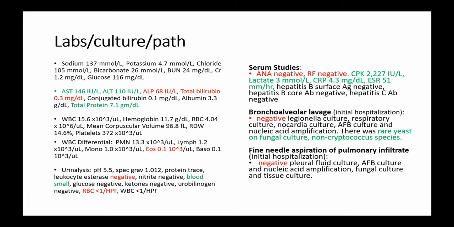Going through her labs, her chemistry is unremarkable. Creatinine 1.2, that may be a little elevated for an older female. I'd want to know some previous, but otherwise pretty unremarkable. I see her AST and ALT are slightly elevated. So does she have a little liver injury, transaminitis potentially? Because her alk phos is normal, I would say this could be a hepatocellular type injury. Her bilirubin's normal, and from what I can tell here, her synthetic liver function is also intact, so less likely cirrhosis. Total protein is normal as well, thinking of things that can cause a protein gap.